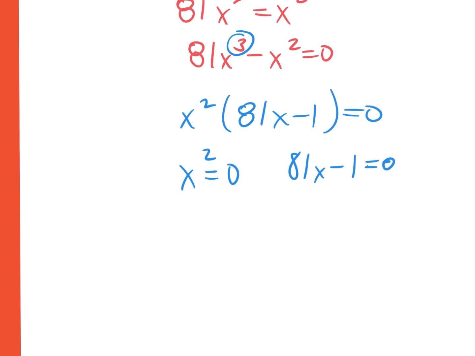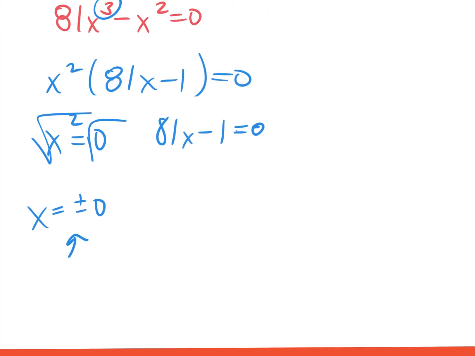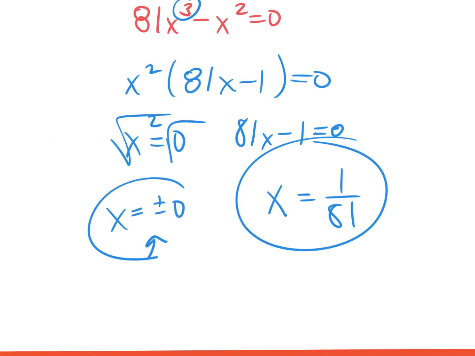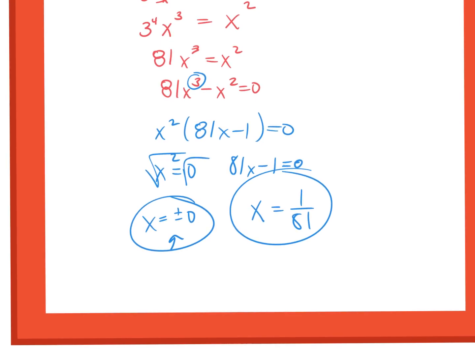Take the square root of both sides. Generally, when we take the square root of both sides, what do we put in front of our answer? Plus minus. Do I ever write plus minus 0? No. But how many times do I have 0? Twice. That's called multiplicity. We'll talk about it later. What happens over here? Add 1, and then divide by 81. Yep. So there's your answers. You guys have got to pay attention to parentheses. Very, very important. Now, you have 20 minutes